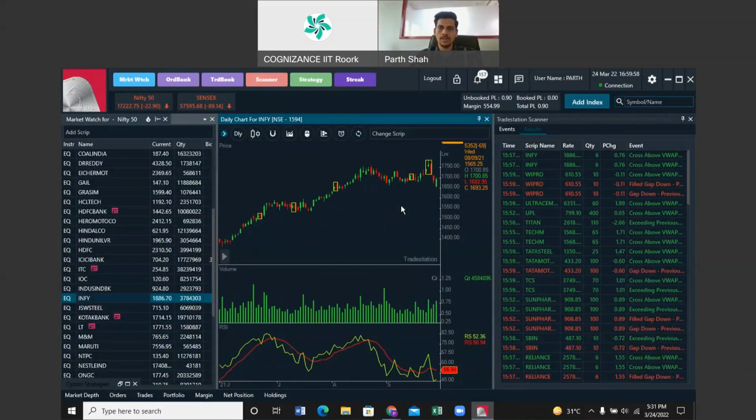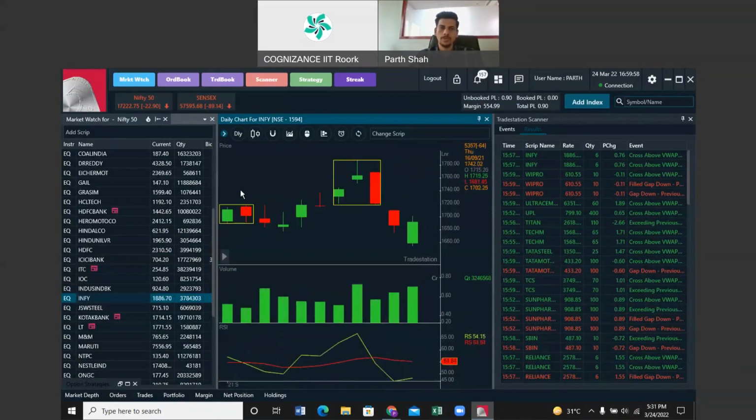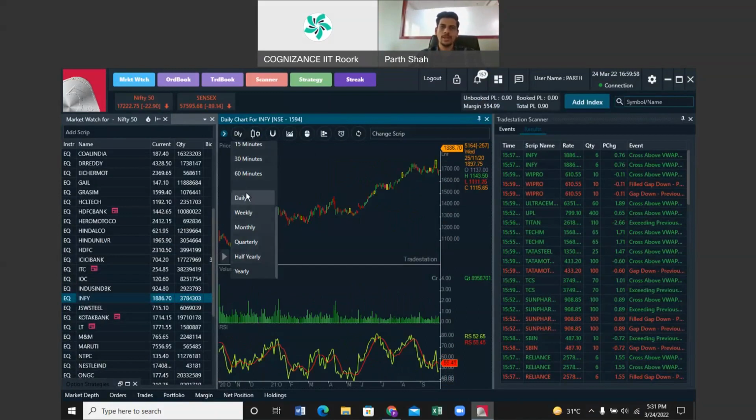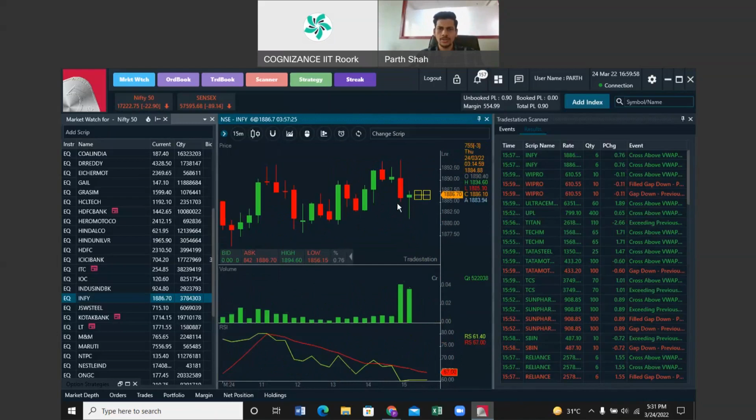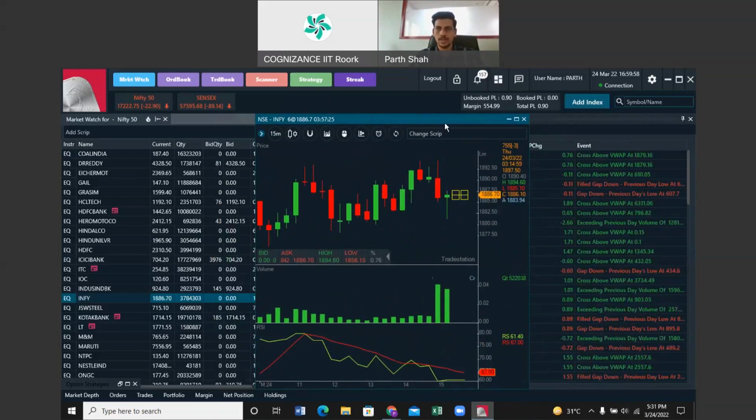Whenever there is a crossover downside, the stock would have moved down, and wherever there is a crossover upside, then it would have gone up. So this works better in case of daily charts. So that's how you can define. Then you can add multiple studies as well. Now, a very good thing about this particular chart is, I'll just unpin it, make it full screen.